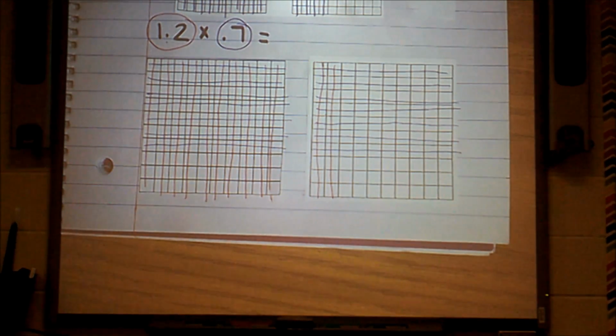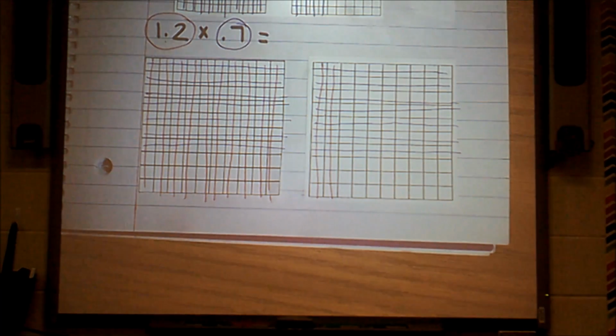Ta-da! And then I'm going to count which ones have all of them filled in with both colors. Again, going across the top of this one, I know I'm counting by tens, and that's easy. So I know that this gives me,